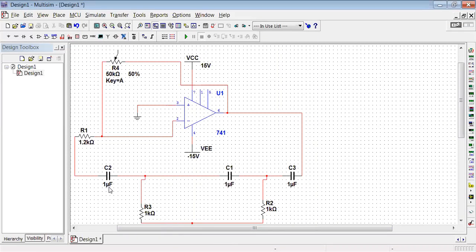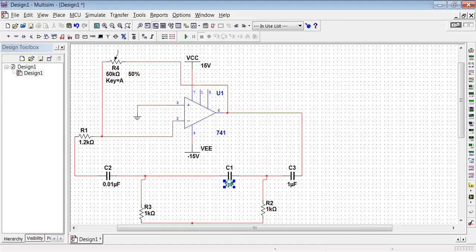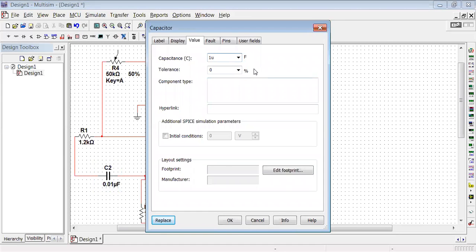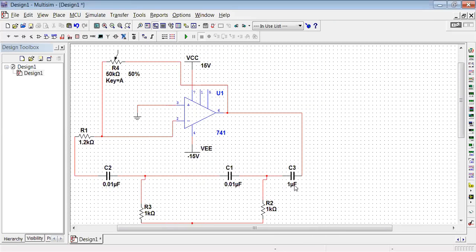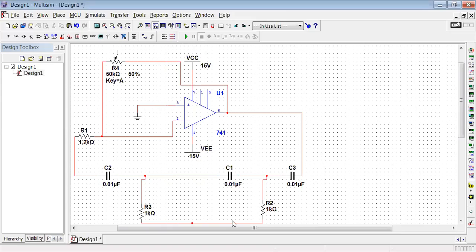And the capacitor values, change them to 0.01 microfarad. Click on OK. 0.01 microfarad. Okay. Again change this to 0.01 microfarad. Click on OK.